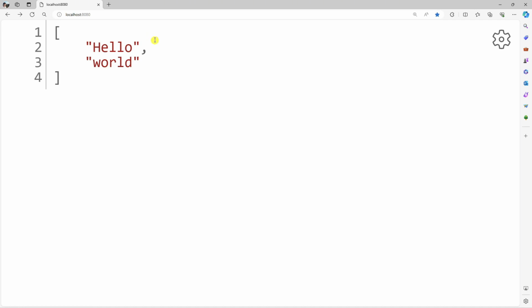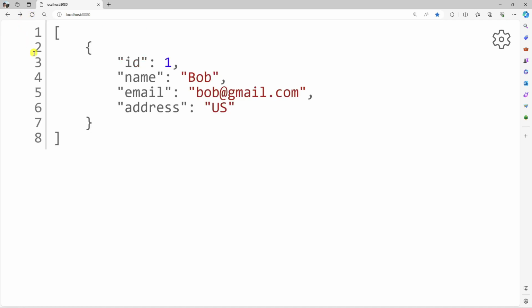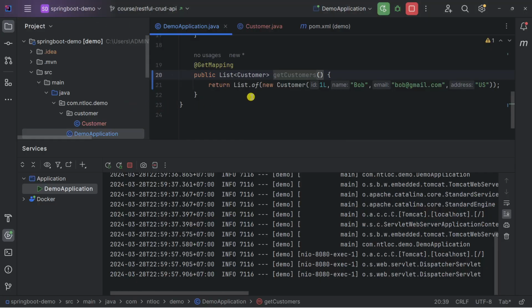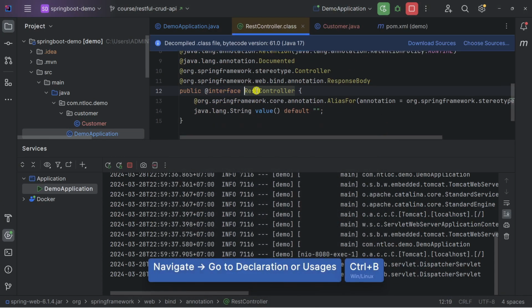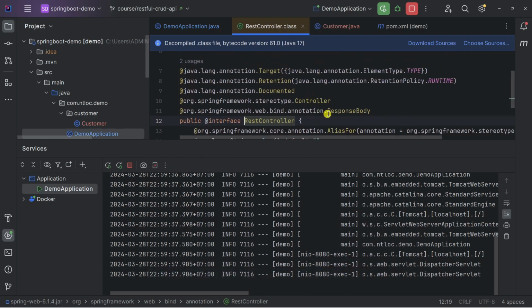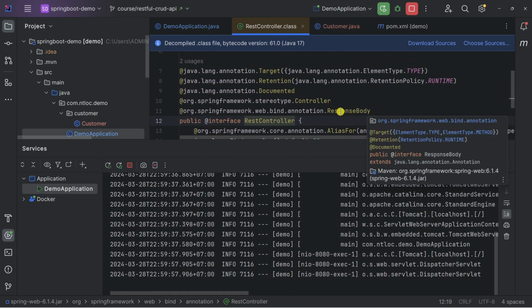So before we had the Hello World API. If I reload the page, you can see in here it returns for us the customer object displayed with the JSON body within the array in here. This is because in the REST controller it had the annotation @ResponseBody. So ResponseBody will auto convert our object to the JSON body.